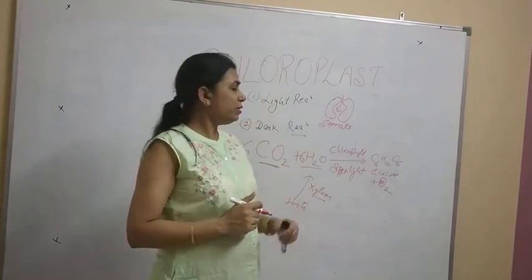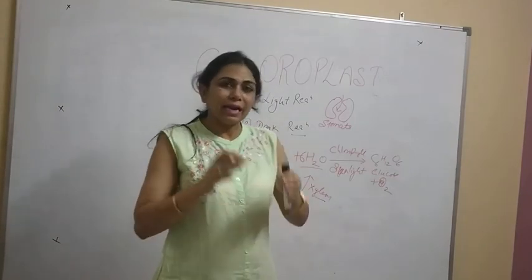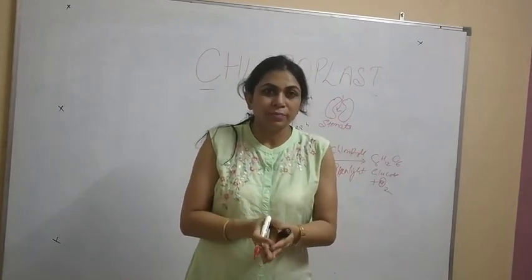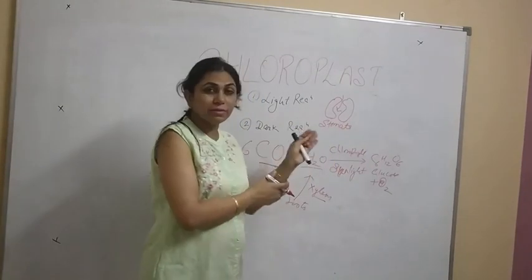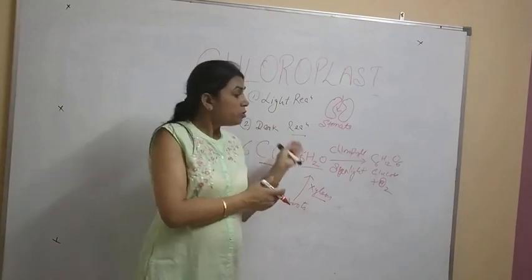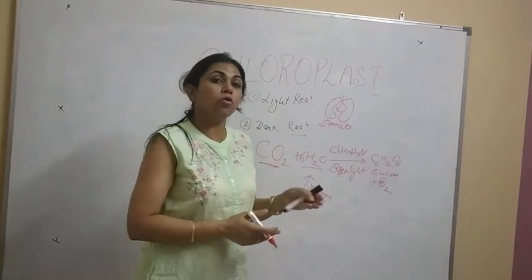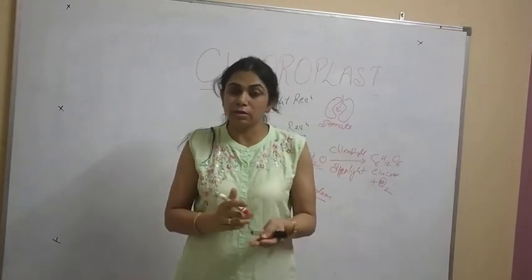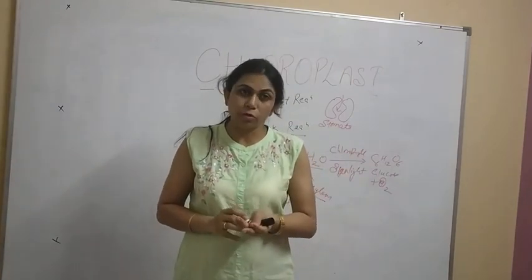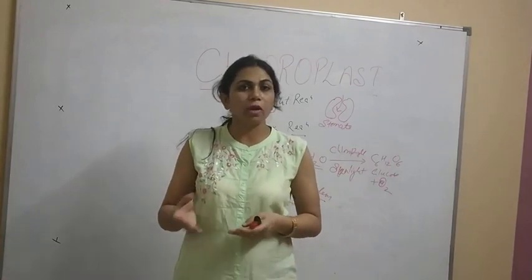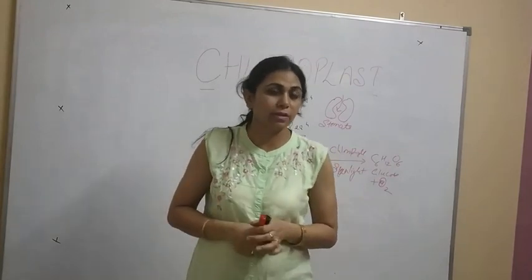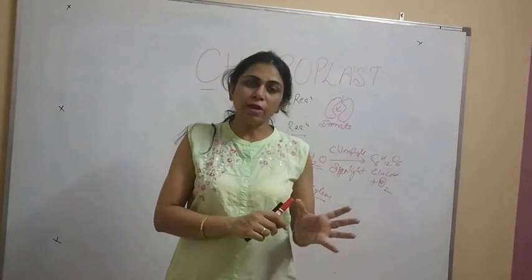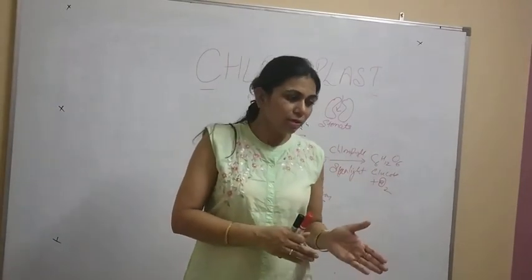So what happens? This chlorophyll pigment is present in an active center we call the reaction center. And these reaction centers are present in our thylakoids, right? Mainly chlorophyll A, and some other molecules, like carotenoid molecules, help this chlorophyll A molecule. So they form a group, the reaction center.